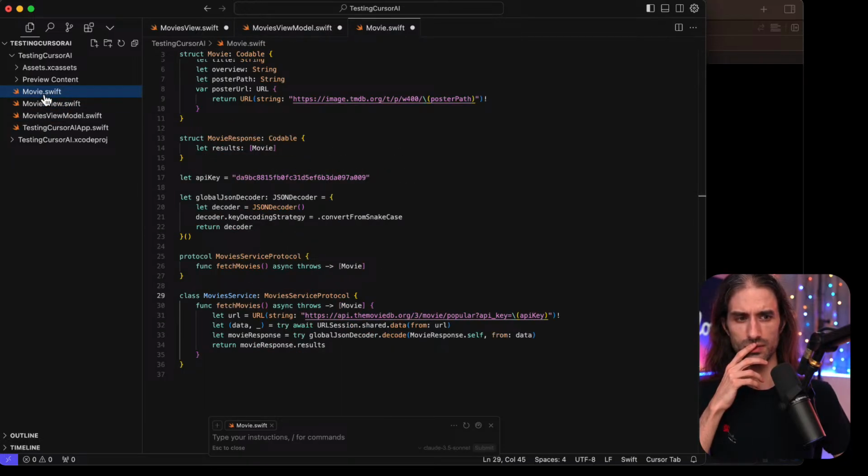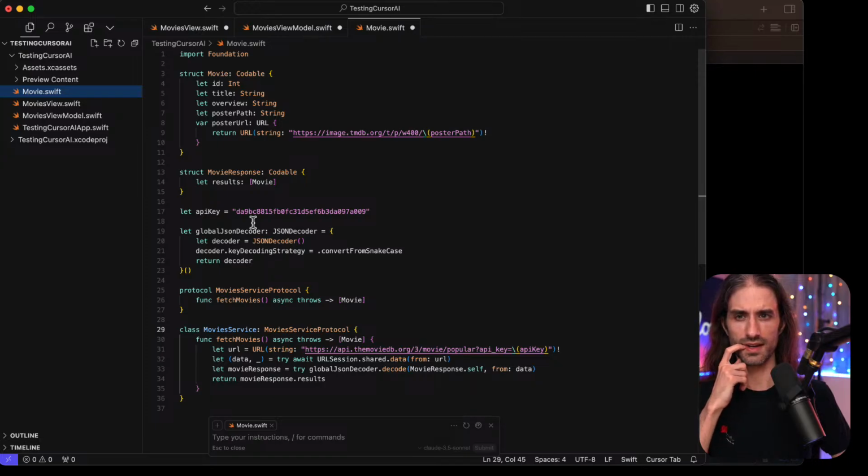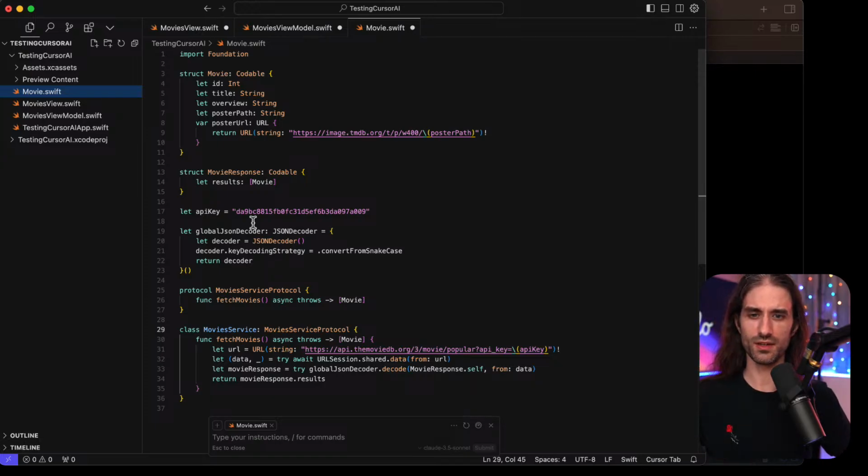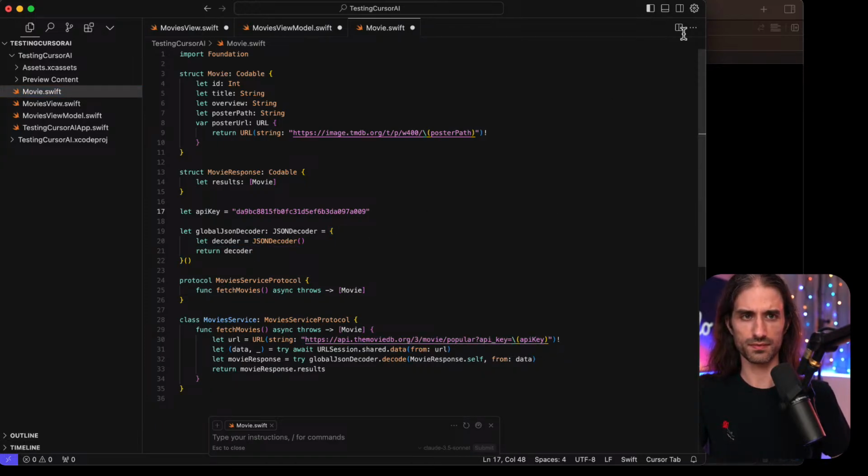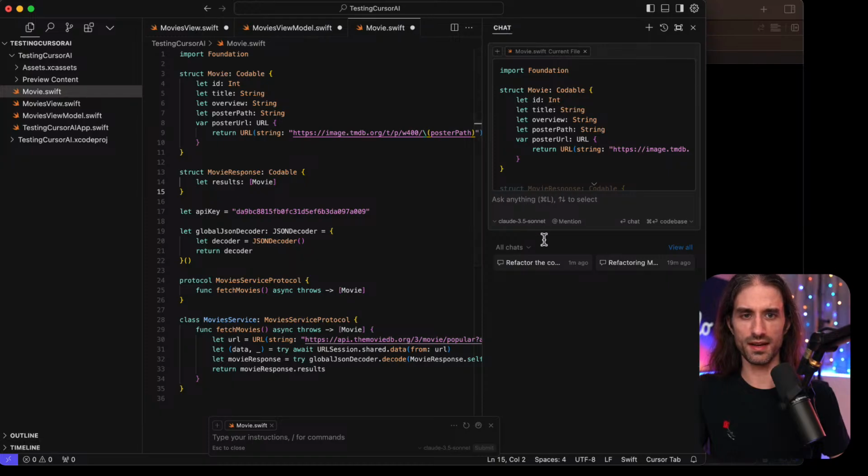I would like to also try something I found, where you introduce a bug and then ask it to find the bug. But I don't have a great idea on how to introduce a bug. Oh, you know what? Let me remove this. And then I can do Command L and say, help me find the bug when decoding the data fetched from the API.